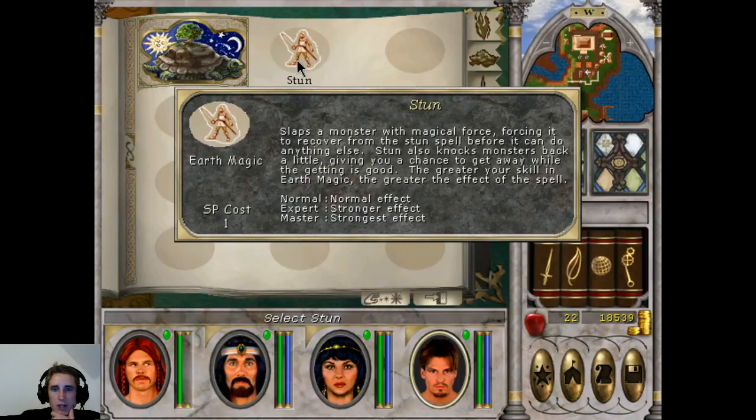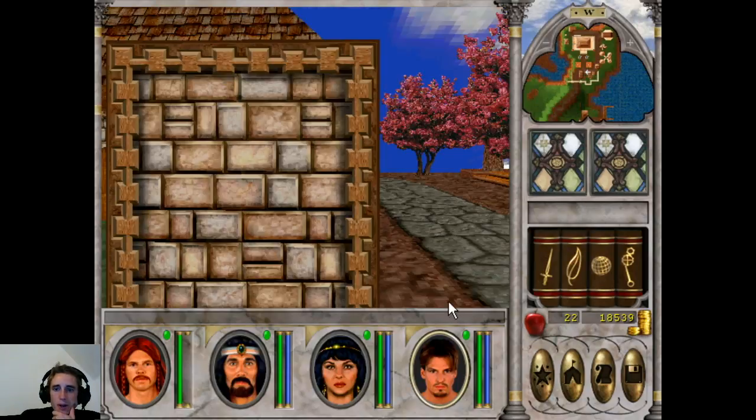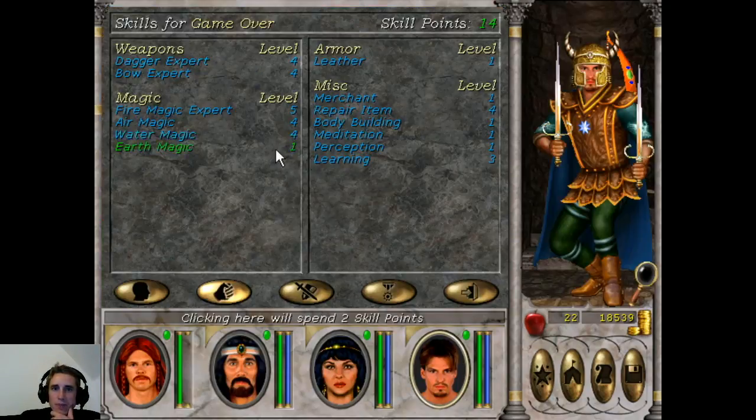I'm gonna wait a little bit with it, as we don't have many spells. I like my fire magic better, but repair items, I need to raise that a little bit, and also get the expert and learning. So now I can actually just use